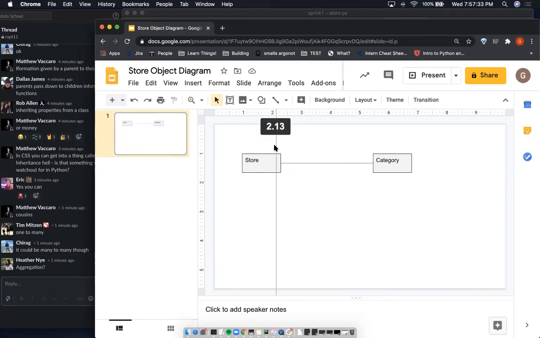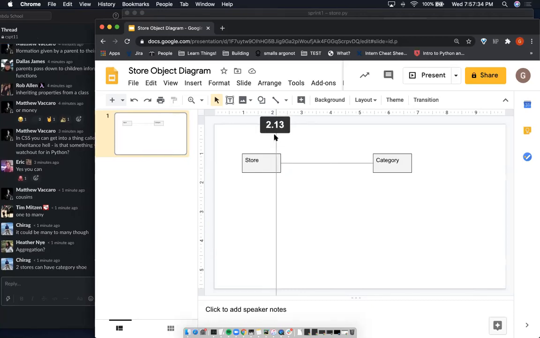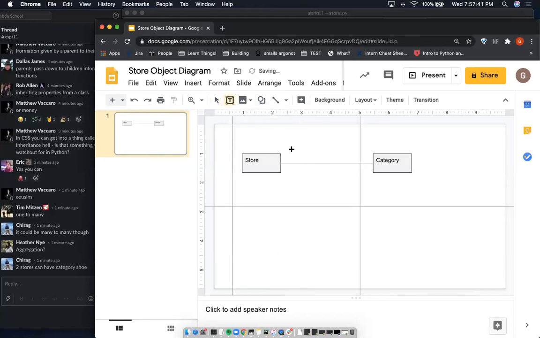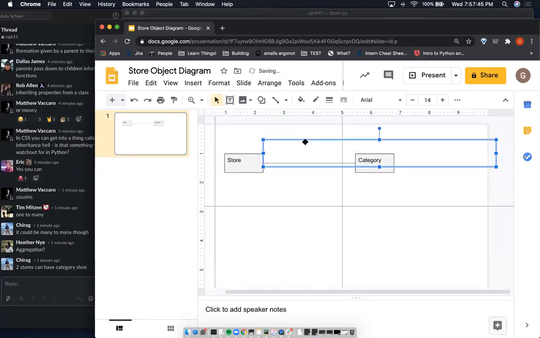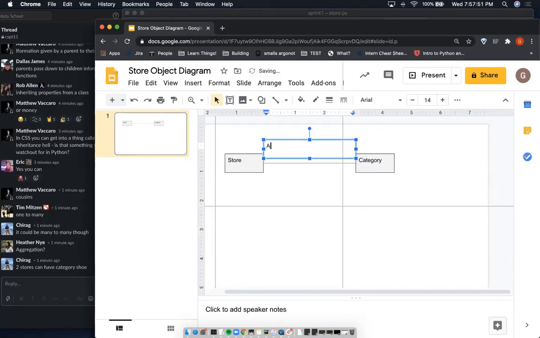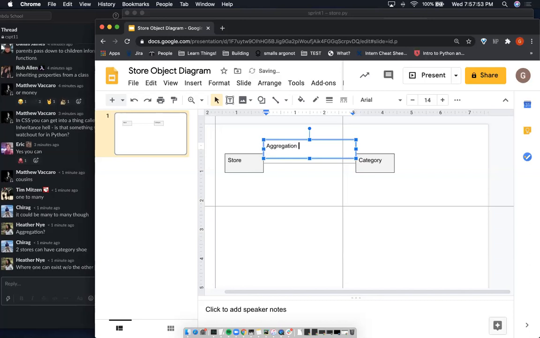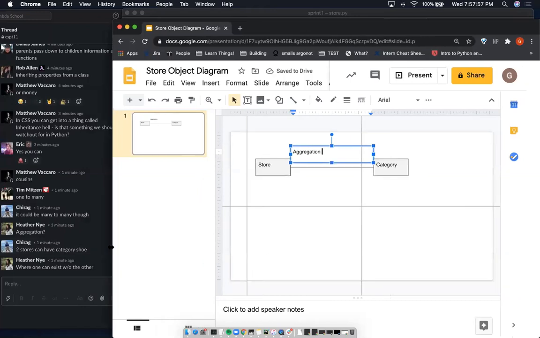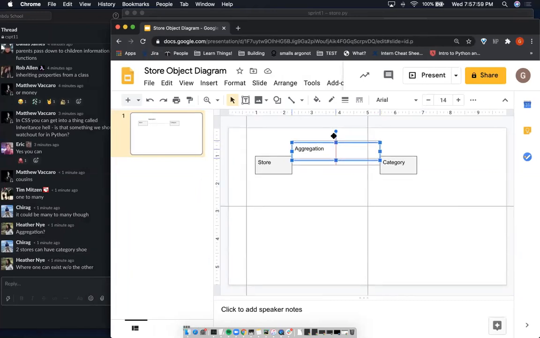Yeah, header throughout aggregation. Can you explain what you mean by that? It's absolutely right, or it's close. Yeah, where one can exist without the other. And